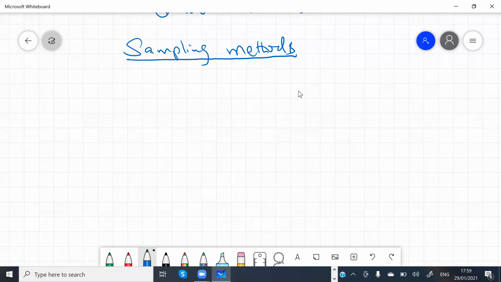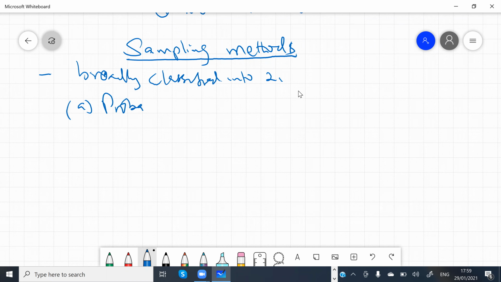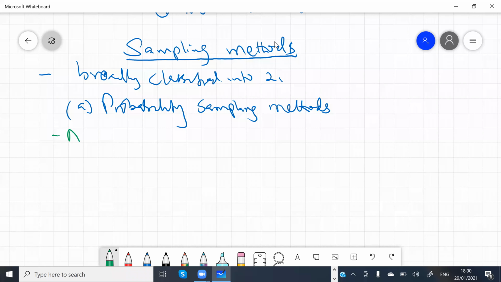So let's look at sampling methods, and we start by saying that sampling methods can be broadly classified into two. We have what we call probability sampling methods, and then we also have the non-probability sampling methods. But before I mention the other method, let me say that a probability sample